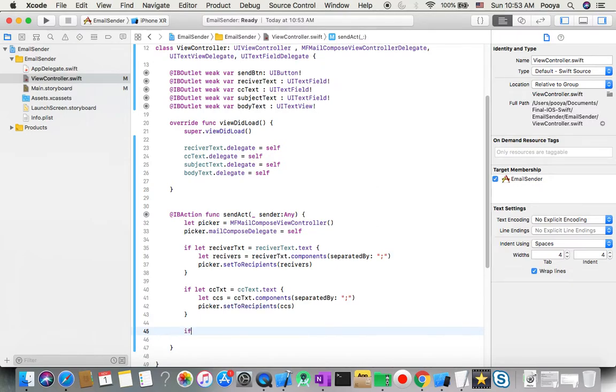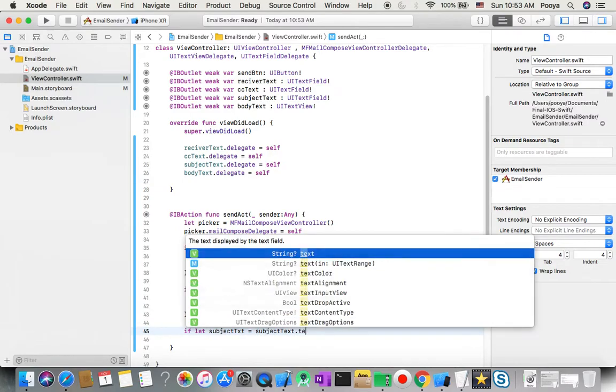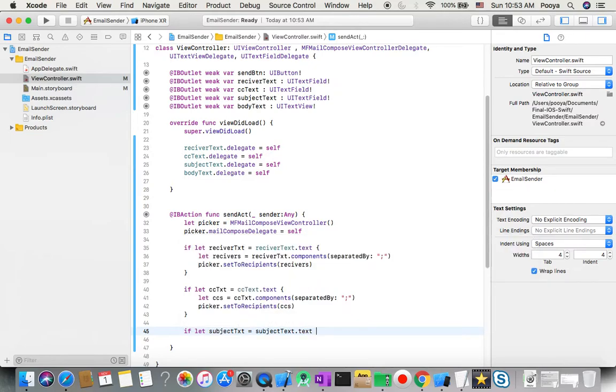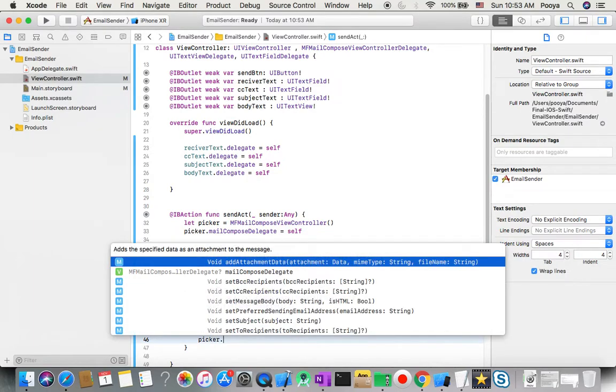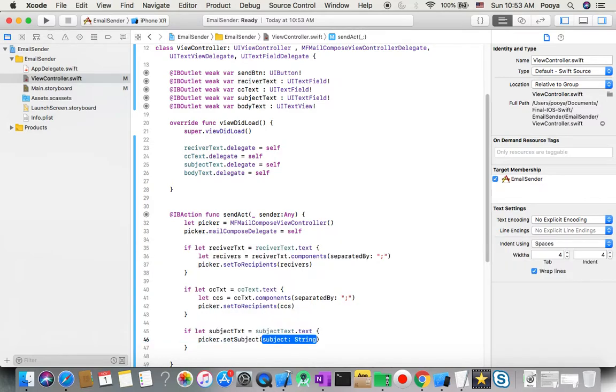So let's say if let subject txt equal subject text dot text, then my picker dot setSubject is going to be subject txt,